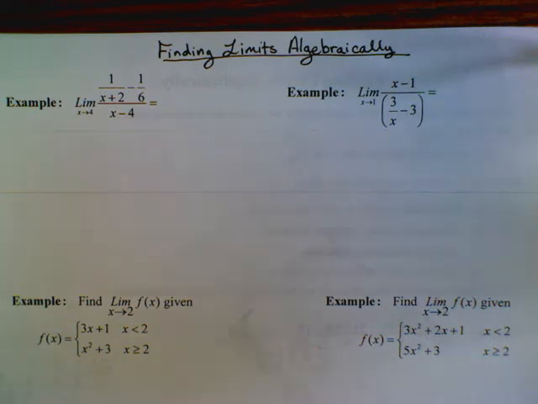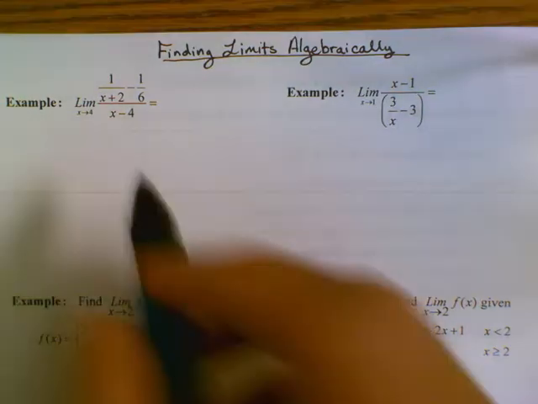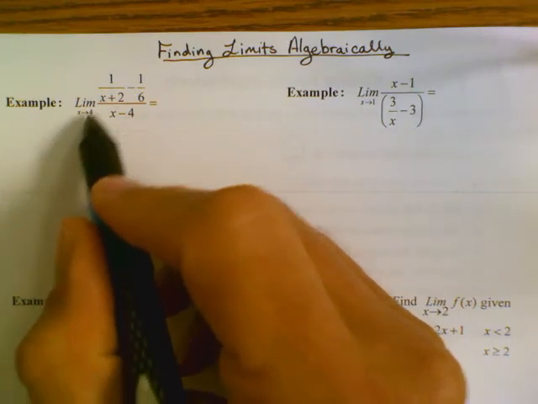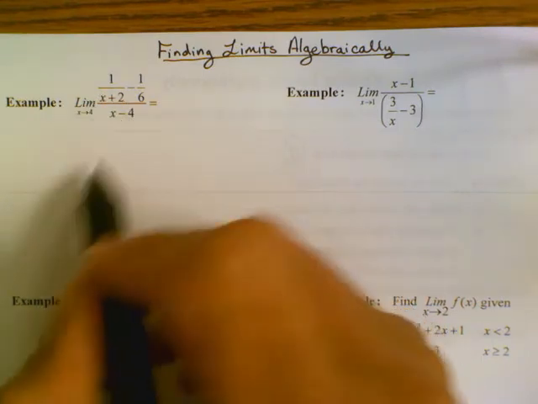Okay, so this is the second video about finding limits algebraically. If you haven't seen the first one, go back and see that one to know how to factor and rationalize. In this problem, what we're going to do is substitute in the 4 because that's the x value that